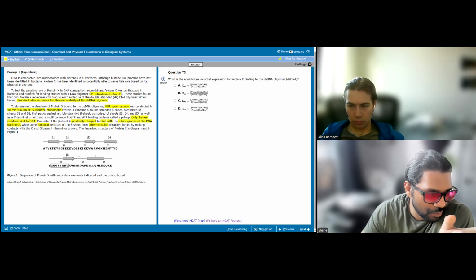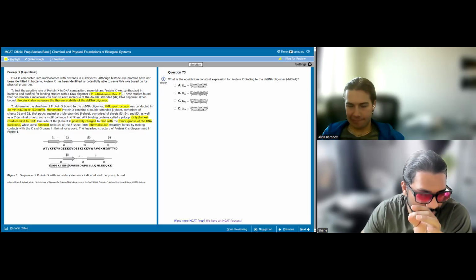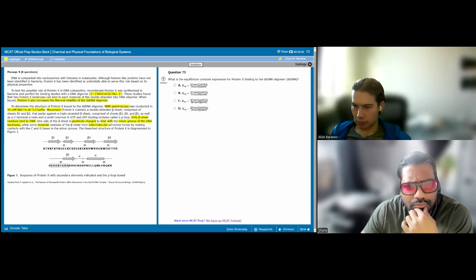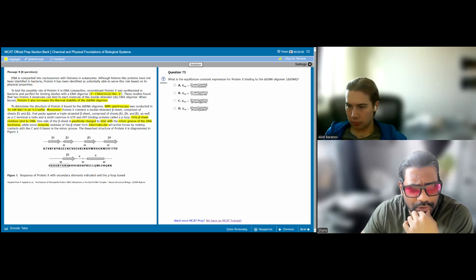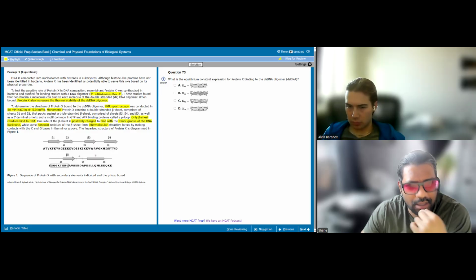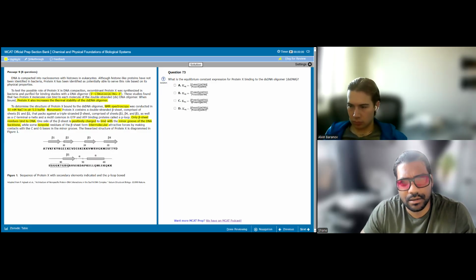Two protein X molecules can bind to each molecule of the double-stranded DNA oligomer. So we should have two protein X's and